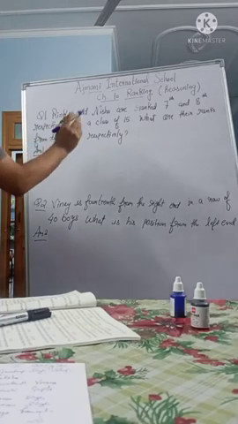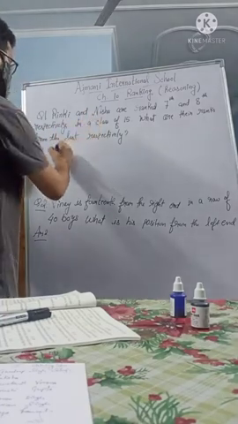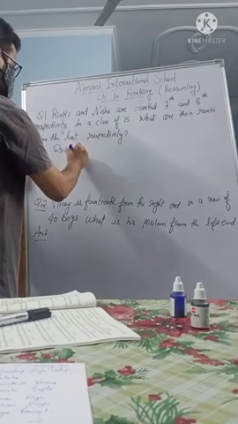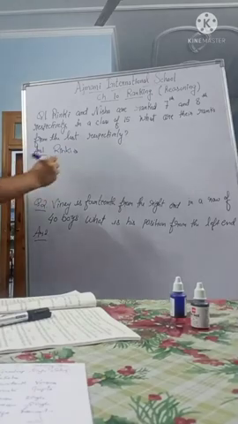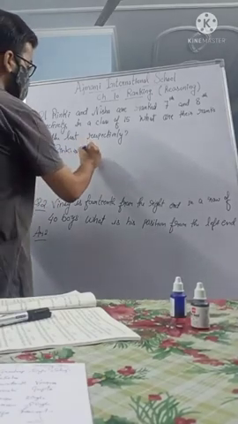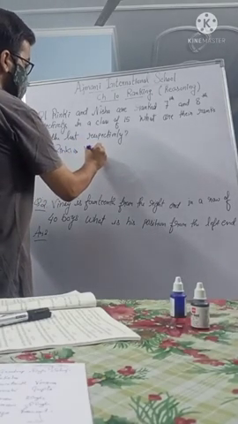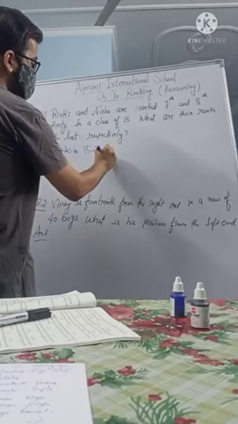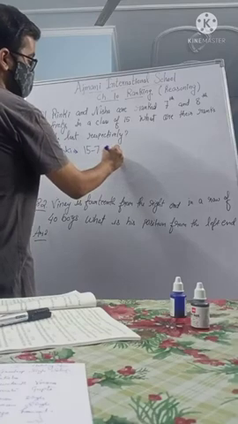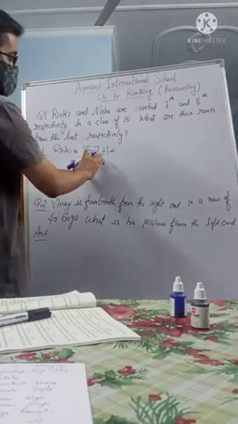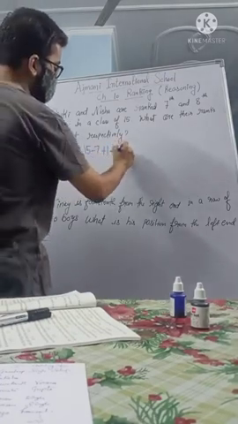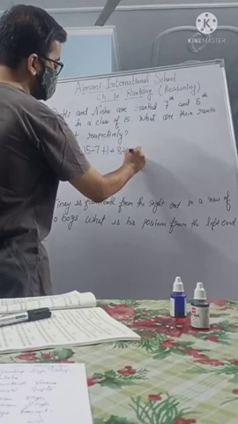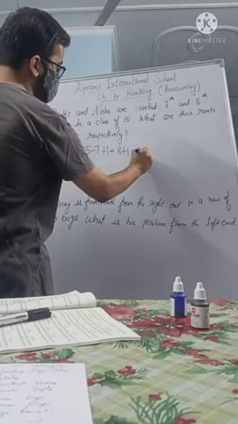Okay, now we know that there are 15 students, so we will find Rinki's first, and the formula is that 15 minus rank from the top, which is 7, and plus 1. So when we subtract 7 from 15, we will get 8, and we will add 1 to the 8, and the answer will be 9.